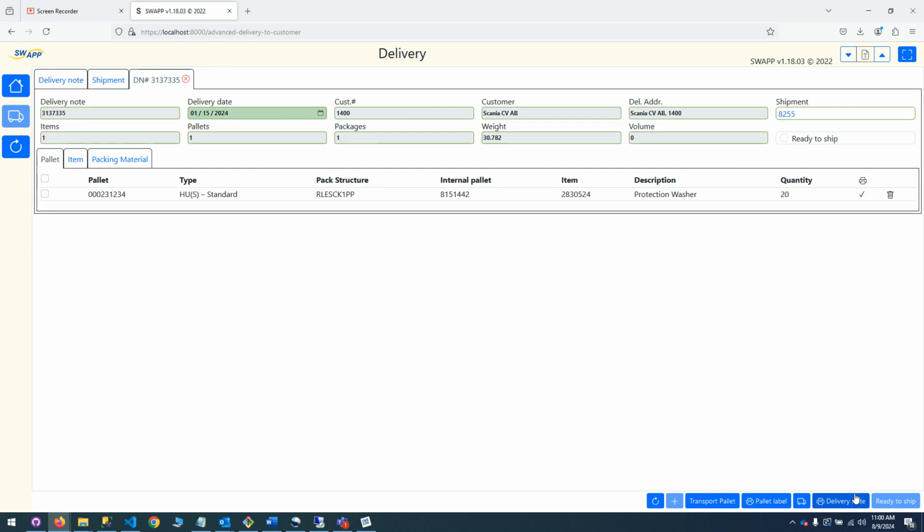So all the preconditions required for our delivery note to be marked as ready to ship are now completed. If you just update this page, you can see that the ready to ship button now becomes active. Before we move on to ready to ship, you can see that on this page the delivery date is editable. You can modify the shipment number. We have a delete option available for this pallet. And once you mark it as ready to ship,